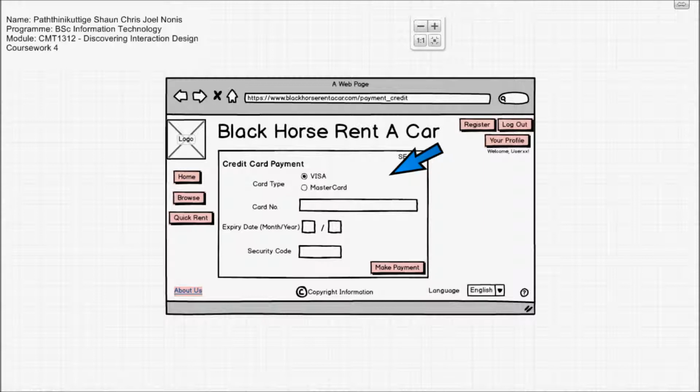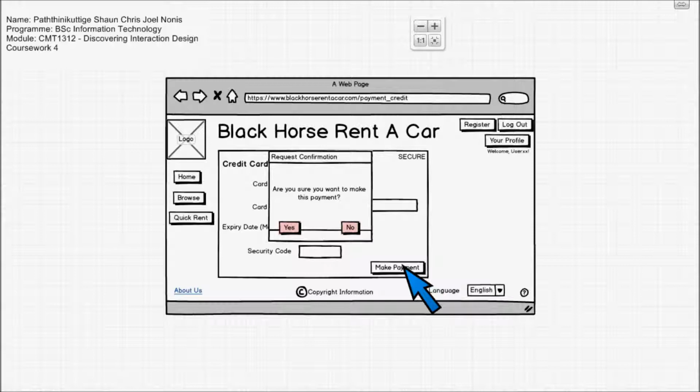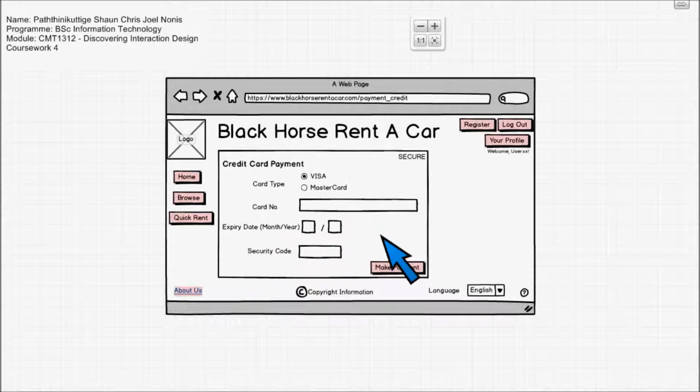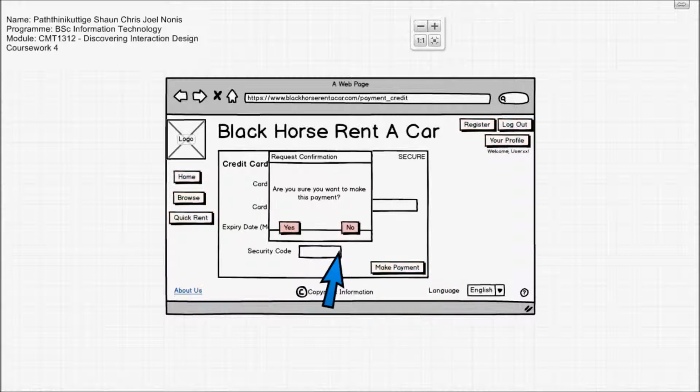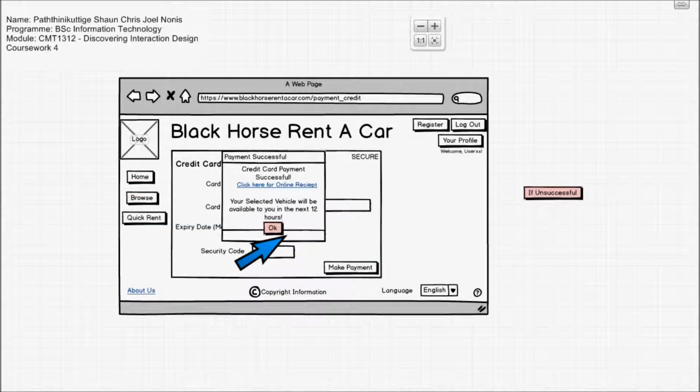Since this is dealing with money, I've used a box to just show that it's secure, and I've used HTTPS to show that the website is secure. And when you press make payment, it will ask you whether you want to make this payment. Since we are dealing with money, we want to make sure that users don't make an accidental payment if they don't want the vehicle. So pressing no will take you back to the credit card payment page, and pressing yes will take you to